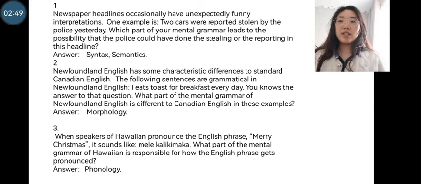Thirdly, when speakers of Hawaiian pronounce the English phrase "Merry Christmas," it sounds like "Meli Kalikimaka." What part of the mental grammar of Hawaiian is responsible for how the phrase gets pronounced? Answer: phonology. That means different dialects of English have their different characteristics in grammar and pronunciation, and they also have